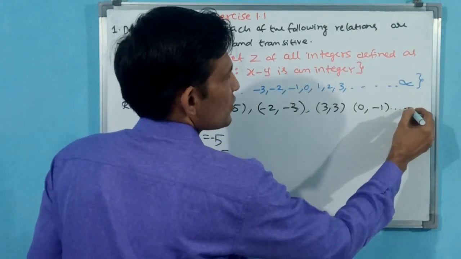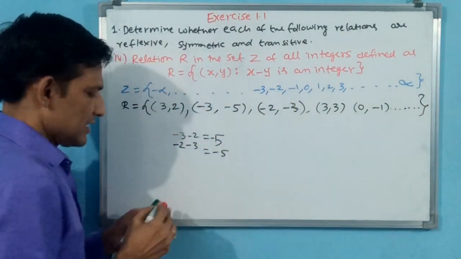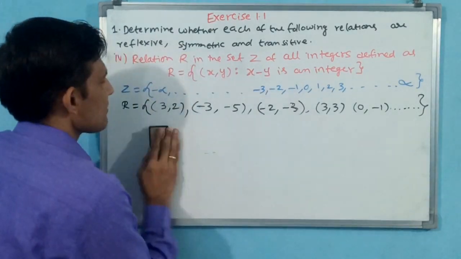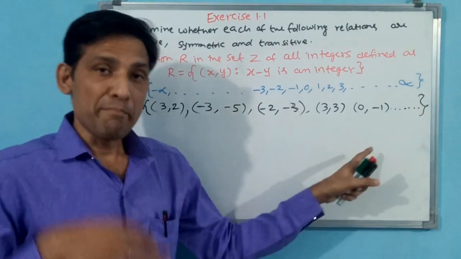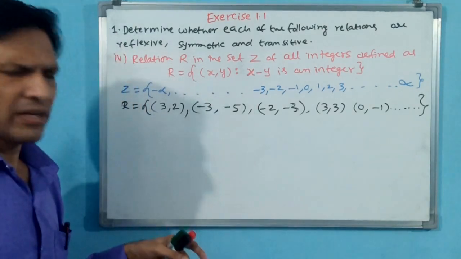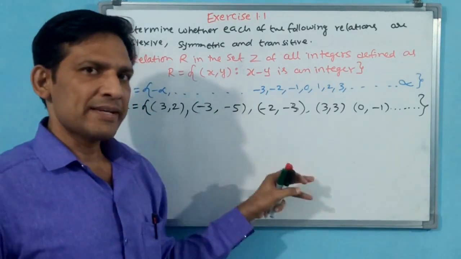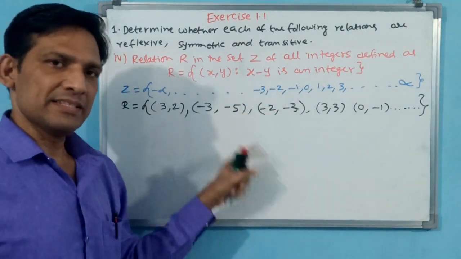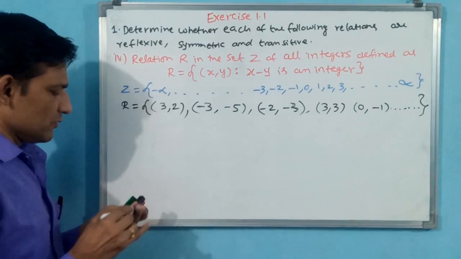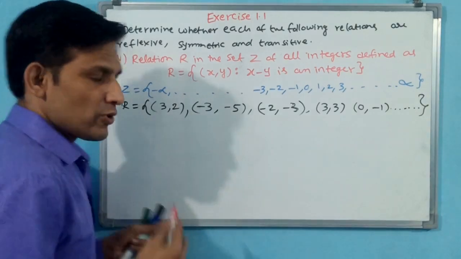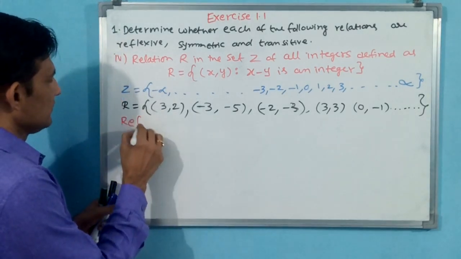Now, you don't stop like this, you write. Now we will make some analogy. Like this, numbers may come. If you add, it will come. If you subtract, like this will come. Now, what do we have to do for showing reflexive? You want to show reflexive first, right? Reflexive.